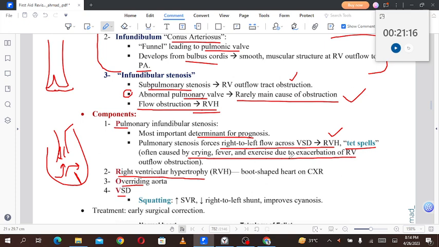Okay, so anything that can exacerbate the right ventricular outflow tract obstruction will cause the shunting of the blood from the right ventricle to the left ventricle. The right ventricular hypertrophy, boot shaped heart, okay, that is very important. They may give you the x-ray, or they may give you this thing in the question stem that the person has developed boot shaped heart. So boot shaped heart in the chest x-ray is found in the tetralogy of Fallot, overriding aorta and ventricular septal